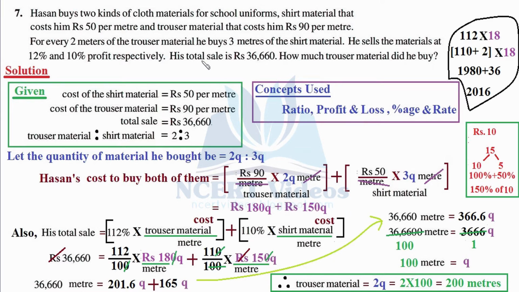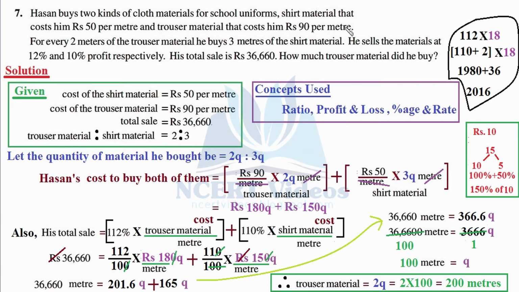Ultimately, as we told you in the starting, we have to somehow lead our question towards selling price, because finally we are given the value in terms of selling price. Since the profits are different for different items, we need not add them. This you get with practice and by keeping a note of minute details. Since we have found cost price, now we are in a position to find our selling price. That's why we needed to find this cost price, and that also individually. Now let's move forward in the question.